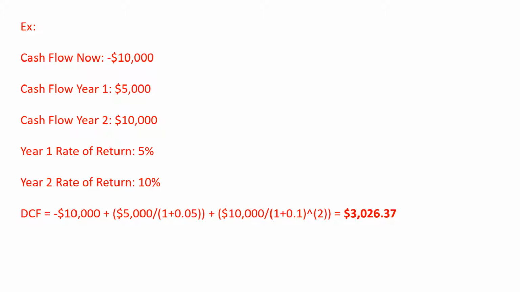I mean, you could look at these numbers and say, well, the business is going to make $5,000, but it's not, because the time value of money is very important, and it's also important to realize that discount rates increase over time, so earning the most money in year 2, that money is actually worth a lot less than $10,000